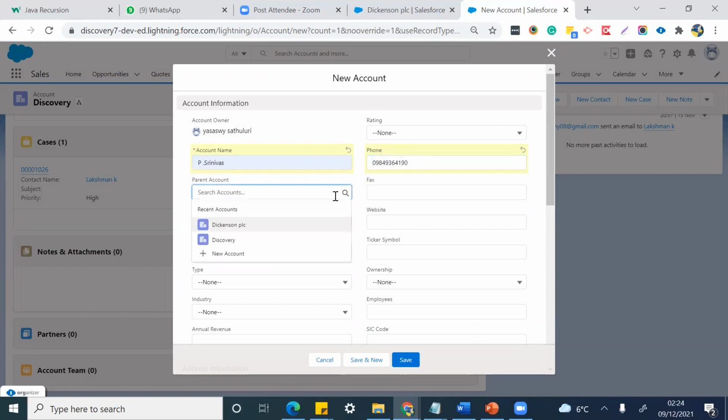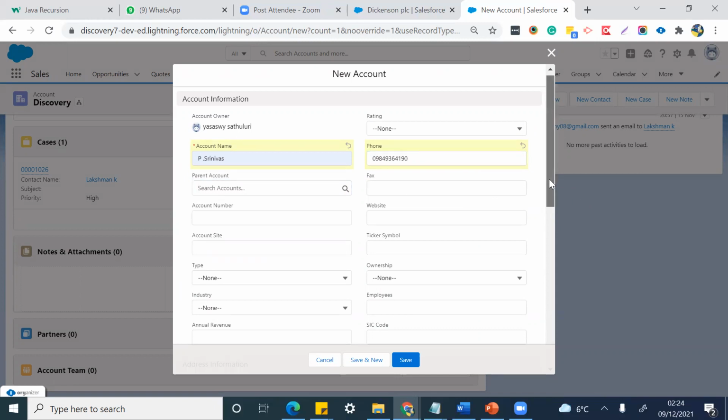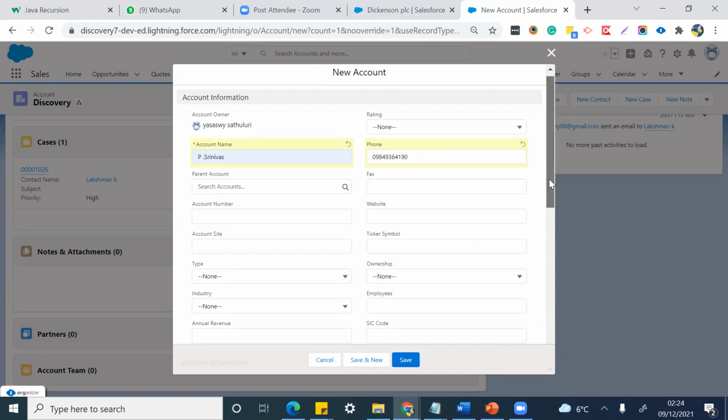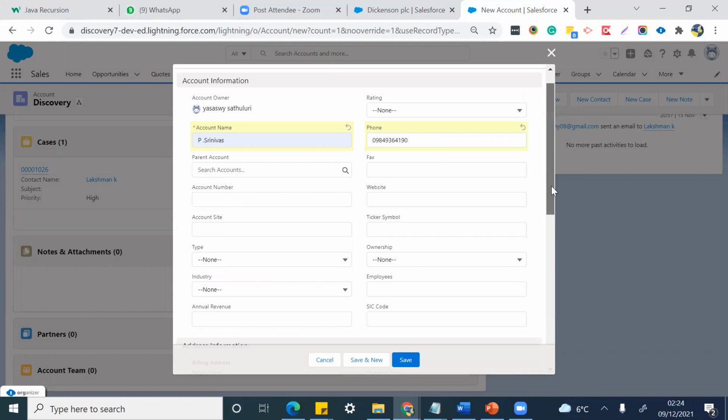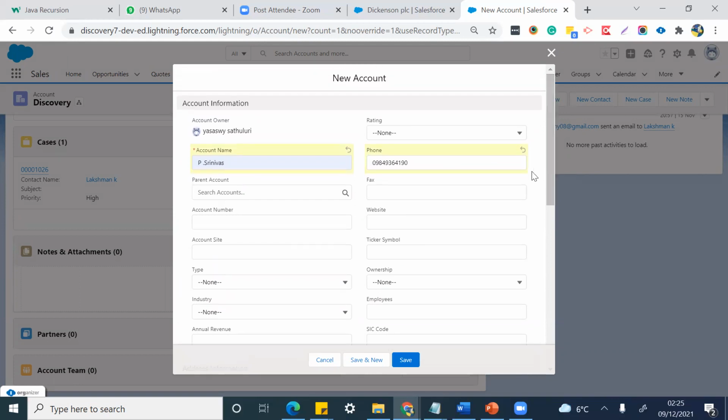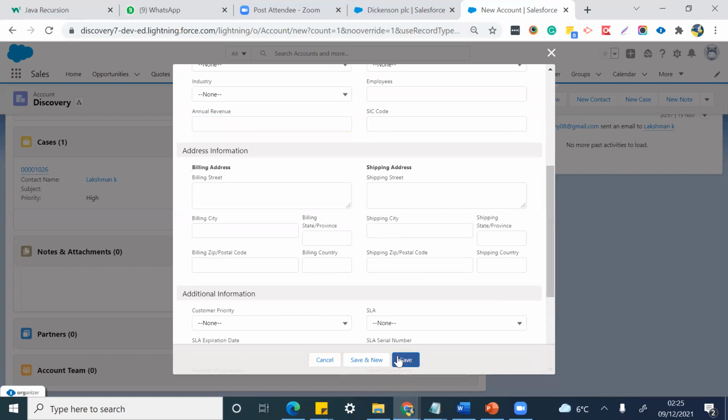Can we change the account owner here? Because I think these are default values, right? You can change, madam. Give the account name like any name, madam, not a customer name. It should be like IBM account or something, TCS, a company name, anything. You can give a name also, but that is not good. Skyway or something. The remaining fields are not required, just ignore. Shall I just save it, sir? Correct. You can save it.